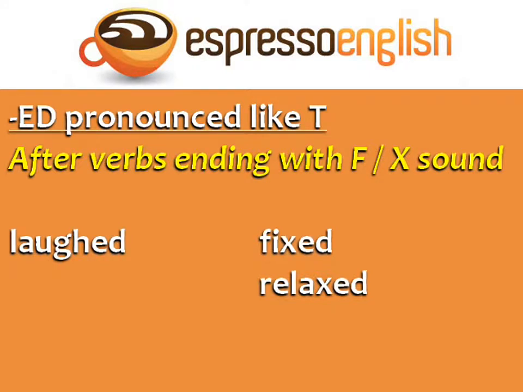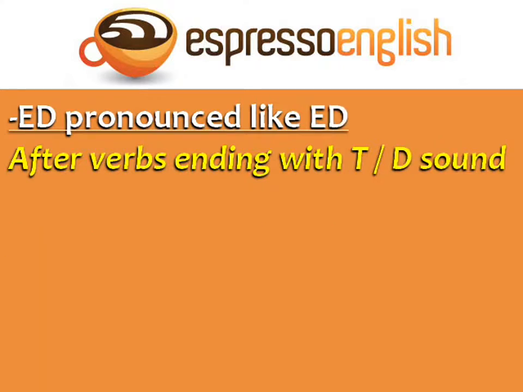Finally, ED is pronounced like T after verbs ending with an F or an X sound. Laughed, fixed, relaxed. The second pronunciation of ED is like ED with an extra syllable, after verbs ending with a